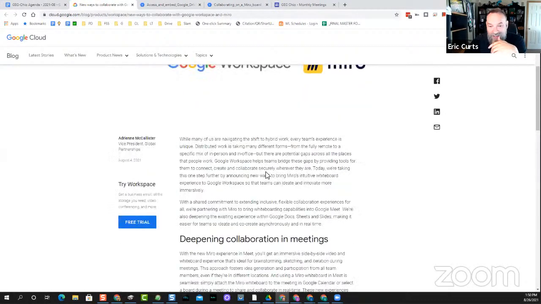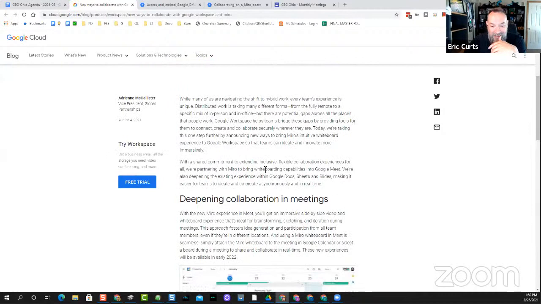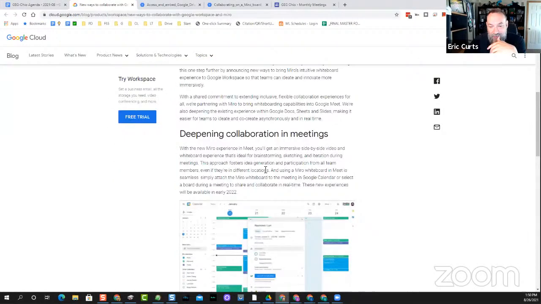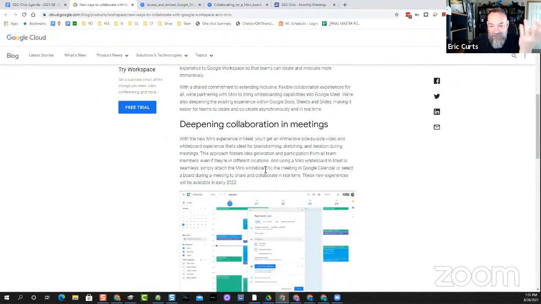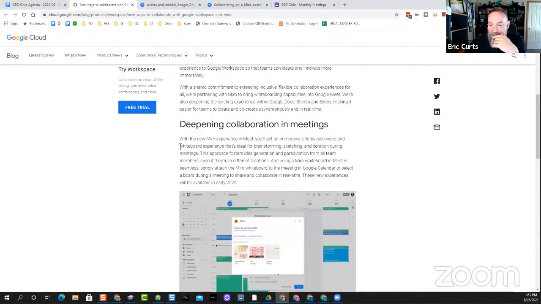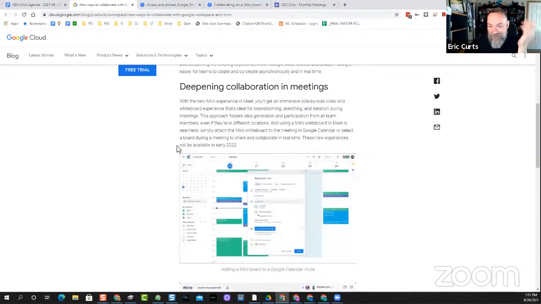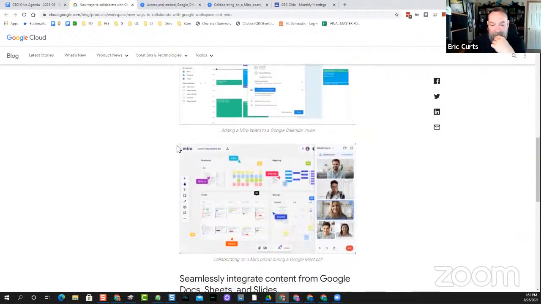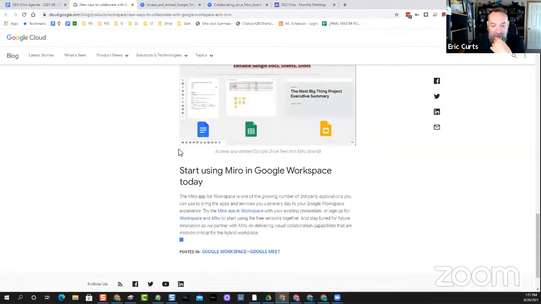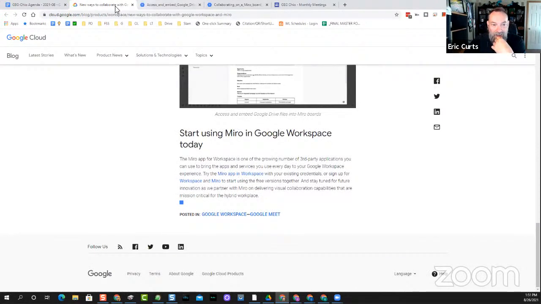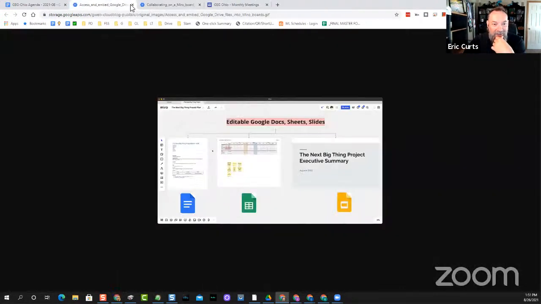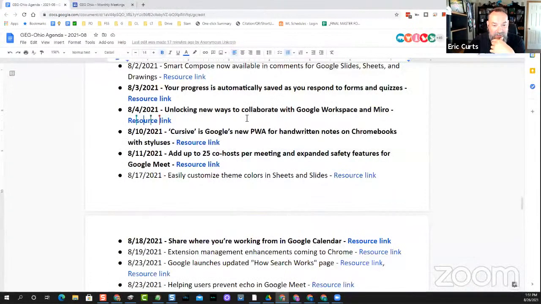I'm assuming that it just means the integration is there. You would still have to obviously pay for professional licenses for Miro. There's a free version and a paid version. So I'm assuming all this means is that it's just integrated, but it's still up to you. If you haven't paid for it, you're just going to get the free version of Miro. But interesting to see Google doing that, which I think ties in kind of interestingly to the next one,